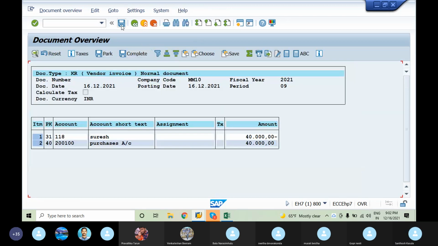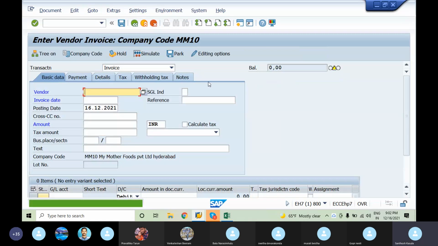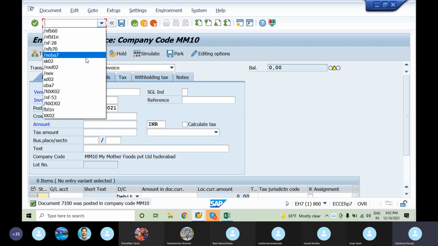Simulate and post. So we are done with the vendor invoice, and now we'll go with the customer invoice.